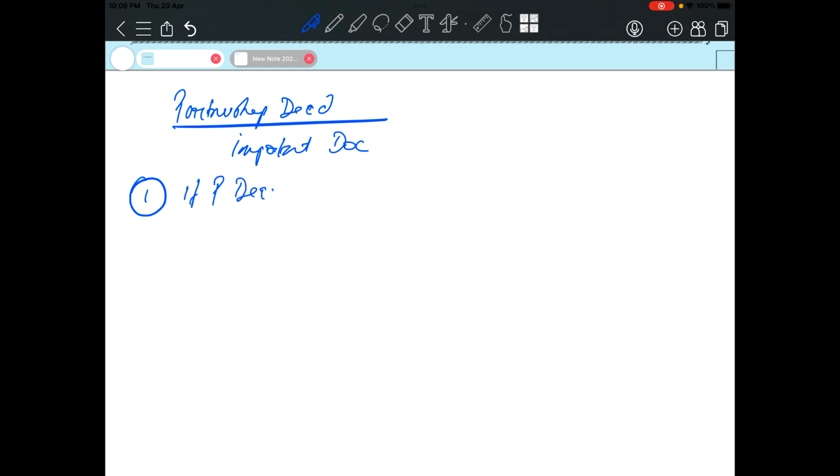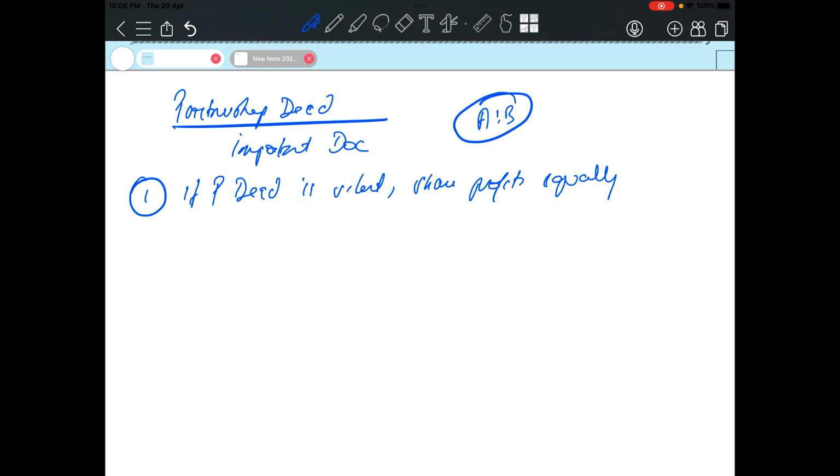is silent, share profits equally. I hope you all know this, that if partnership deed is silent, and there are two partners A and B, and the partnership deed is silent regarding the profit sharing ratio, they will share the profits equally. Second point is, if partnership deed is silent,